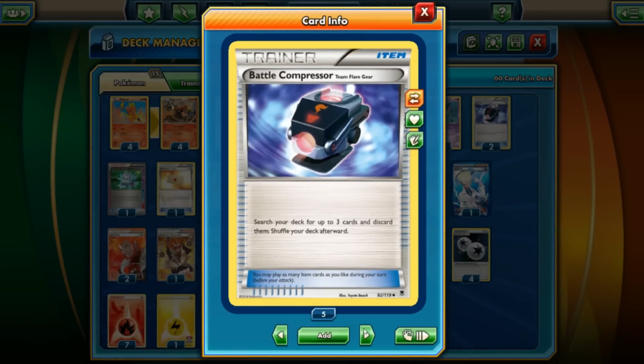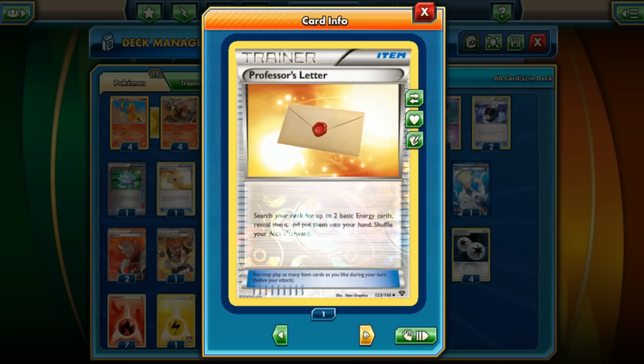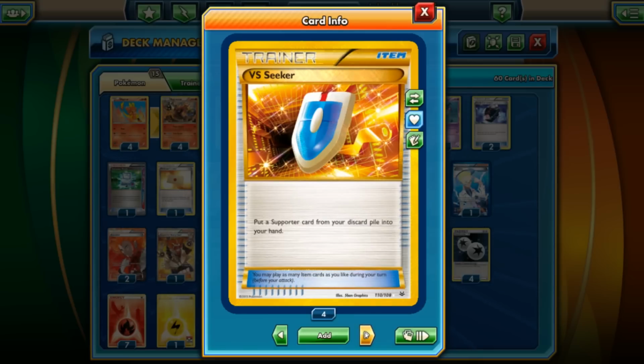We'll have 2 Battle Compressors. This is probably the most expensive card in this deck if you are planning to play it in real life and buying the non-full art supporters and whatnot. So, Computer Search, discard 2 cards from your hand, and you can search your deck for any card. And so, here's the Professor's Letter, being able to search for 2 basic energy cards. Star on the Megaphone, and we got 1 Switch as well,